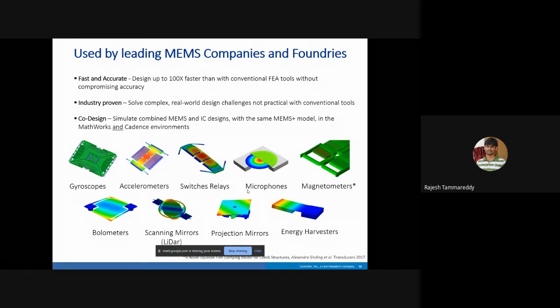Okay, and the advantage that you are having here is co-design and simulation of combined MEMS and IC together using MATLAB interface or Cadence environment interface. Okay, so in the software you have different examples available.